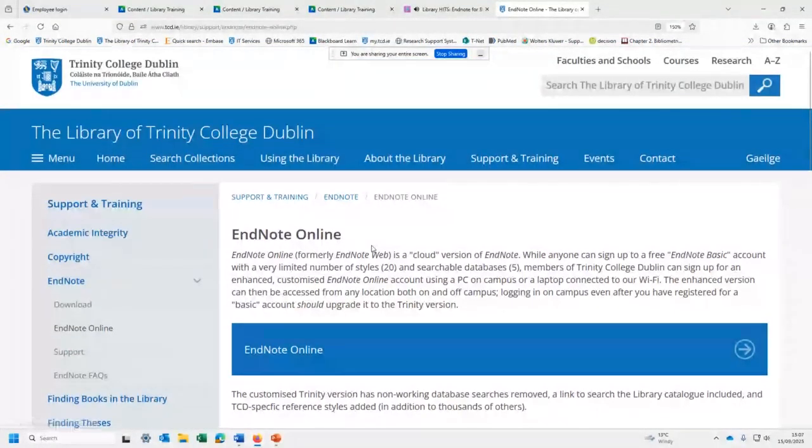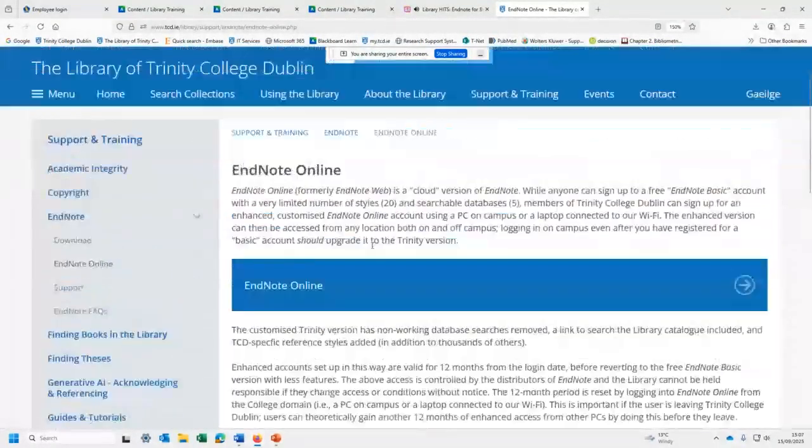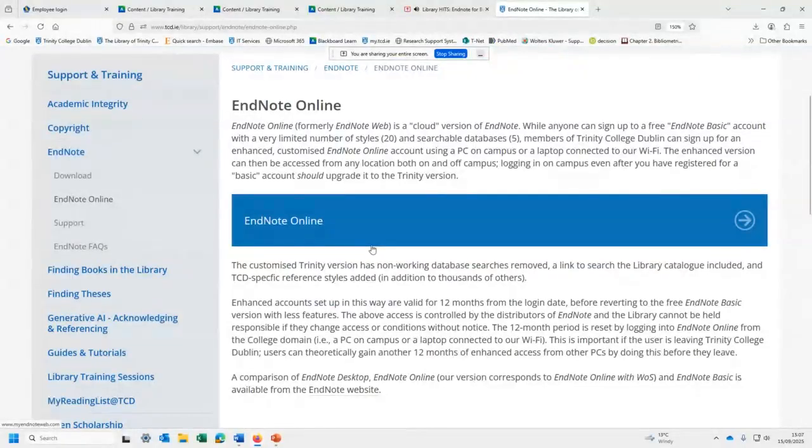There is an online version of EndNote, as you can see. We don't tend to use it if we have the desktop version, but it does become useful if you want to create backups of your desktop library. So you can set up an online account and use that to back up your library. EndNote libraries don't sit well in cloud storage, so I wouldn't suggest sending it to Microsoft Cloud or whatever. Use EndNote Online if you want to create backups.